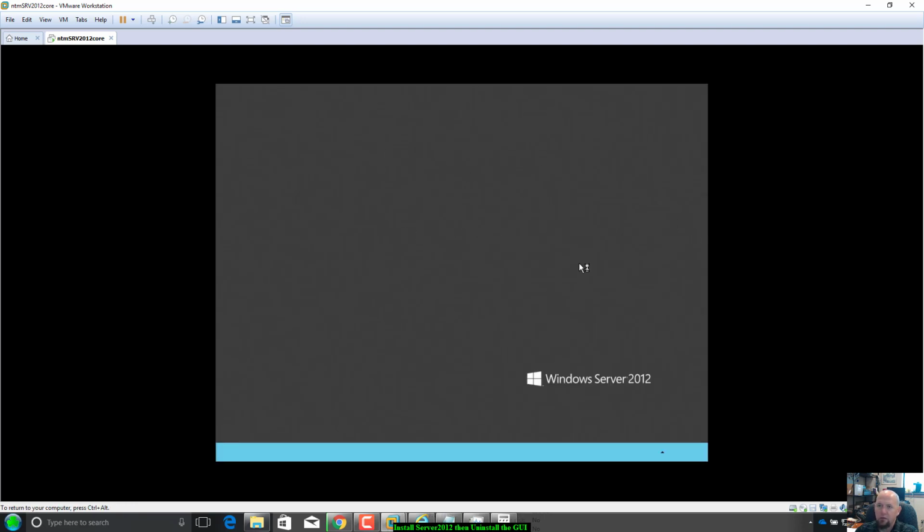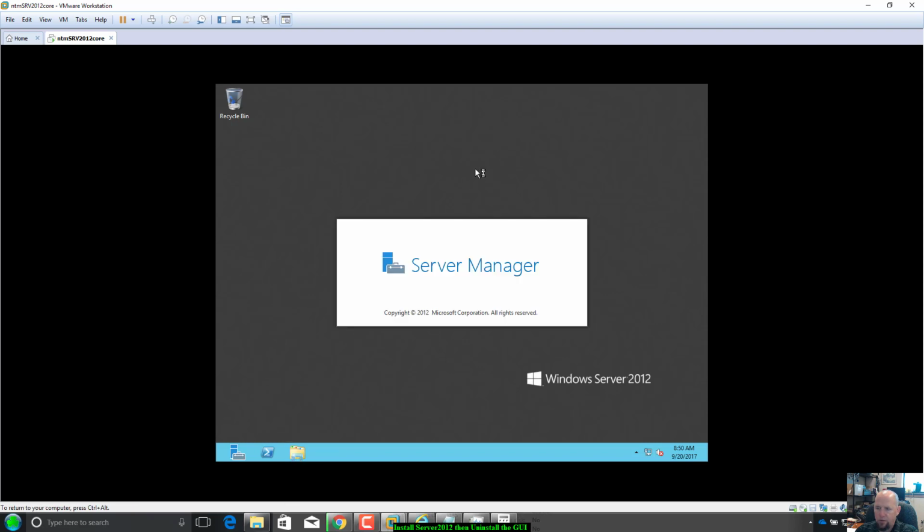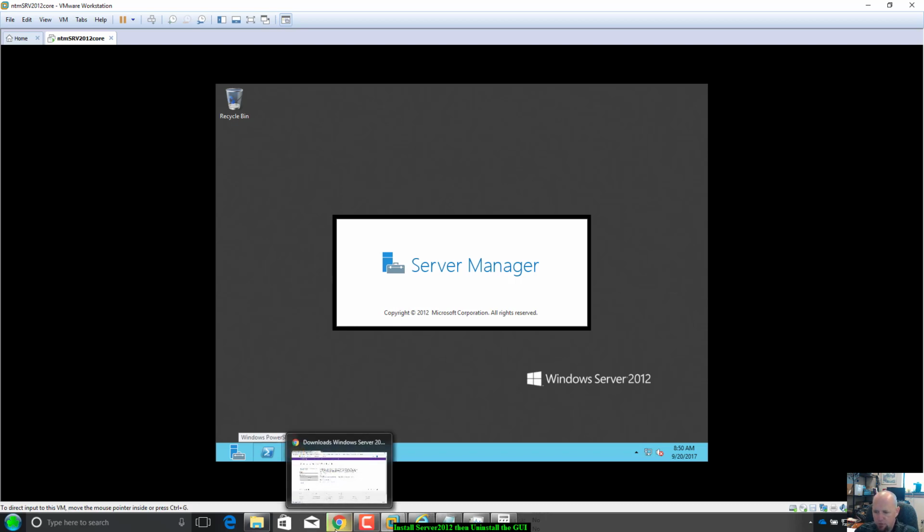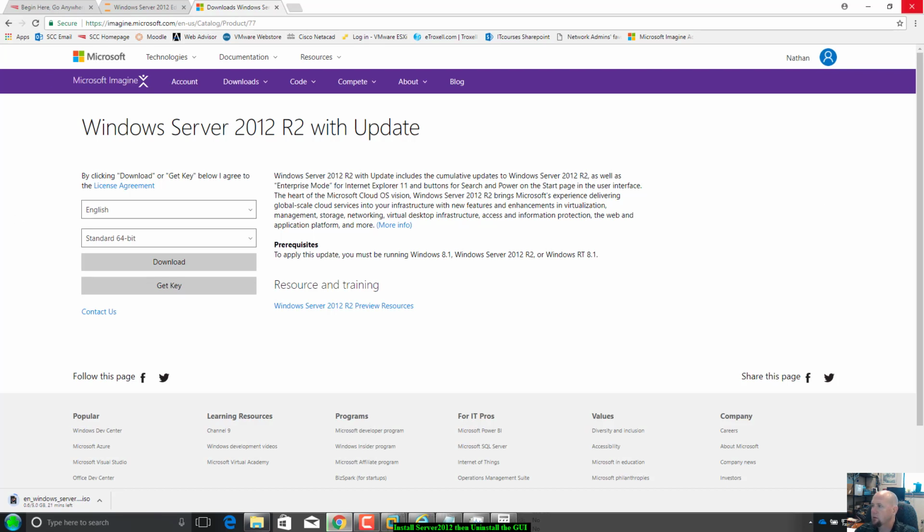Since I specified my username, first initial, last name, it automatically logs me in with that username. When this comes up, Server Manager will start. That's fine, that's normal. And we wait. And to let you guys know too, while I'm doing that, I'm too fidgety just to sit here and wait for it to work, but I went to